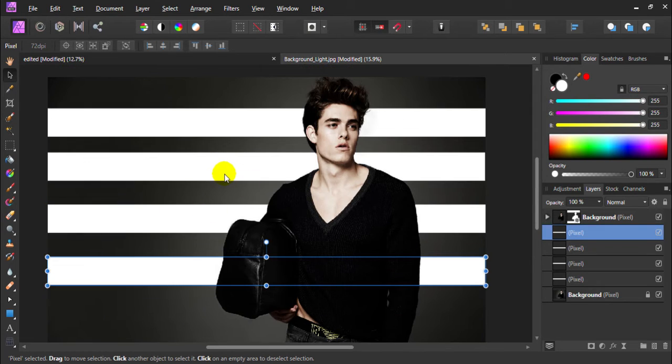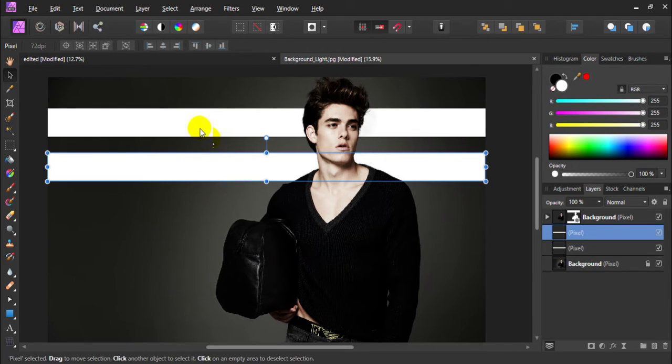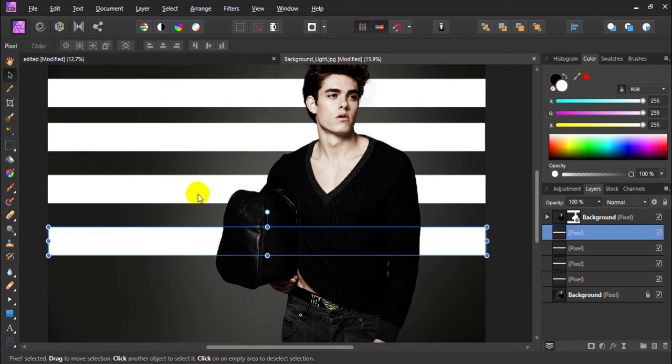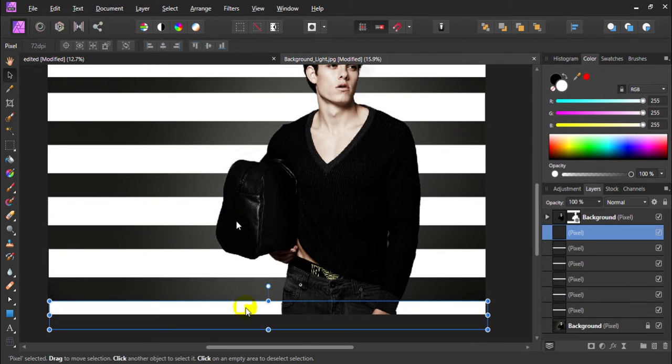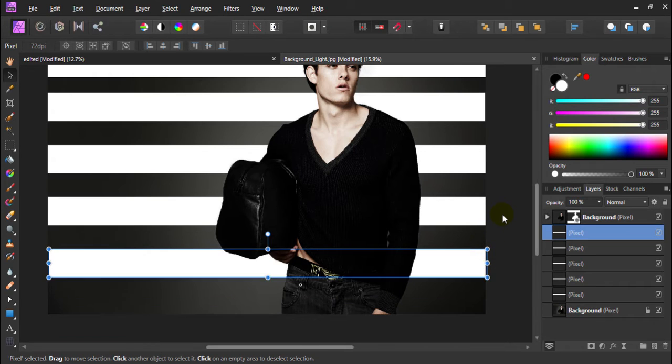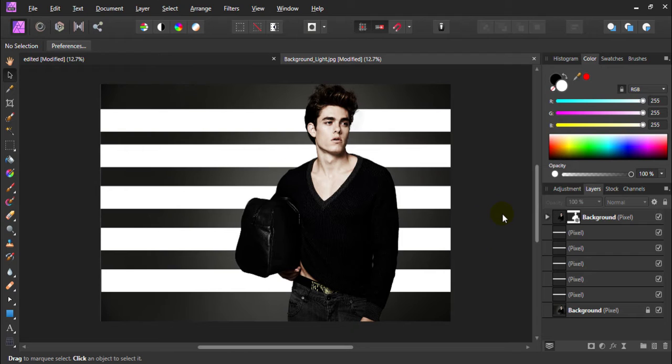So in order to have a uniform height between two rectangles, what you can do is make one duplicate copy of the original rectangle, and after that just press Command or Control J. Okay, as you can see, Affinity makes a duplicate copy of each rectangle at the same height. Okay, so I think we don't want to have this one, so we can delete this one. And the 5 strips of lights is fine as of now. You can add multiple of them as you like.